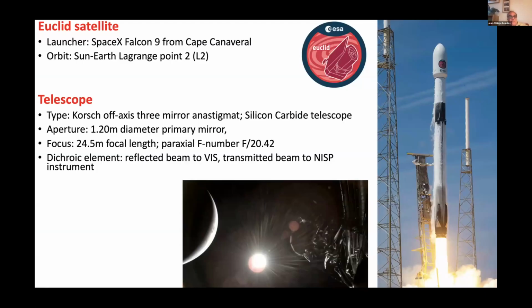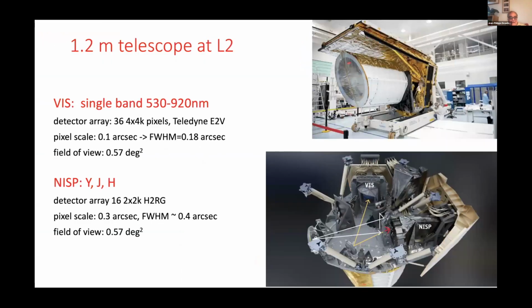As you know, Euclid launched about a year ago, at Cape Canaveral. So Euclid is a European Space Agency mission, so it's much smaller than Roman. It is a 1.2 meter telescope with two instruments. And I'm just going to give you the highlights of the instruments so that you see what the performance is. So first there is what we call the VIS channel, which is